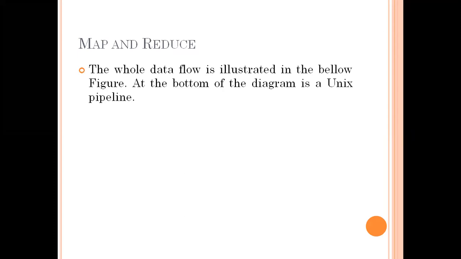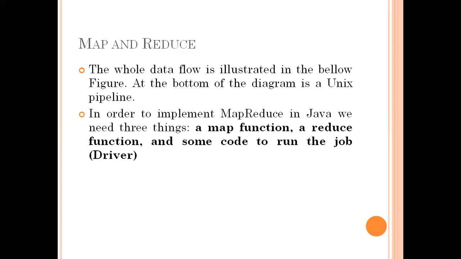In computer organization we will study this concept of pipelines, serialization, and so on. We can have a simple diagram for it. To implement MapReduce we have a diagram. Don't worry, in the next slide I will show you the diagram. In order to implement MapReduce in Java, we need three things: the map function, the reduce function, and some code to run it. That is the syllabus we are explaining.